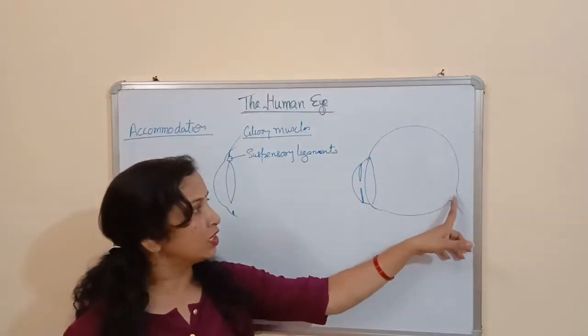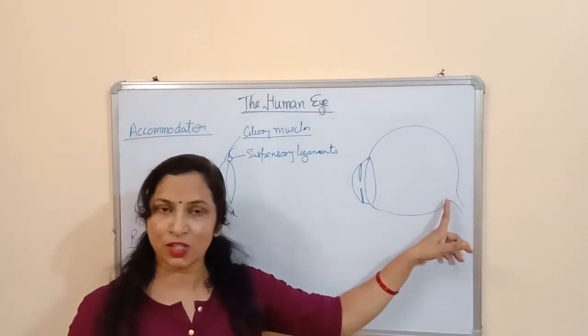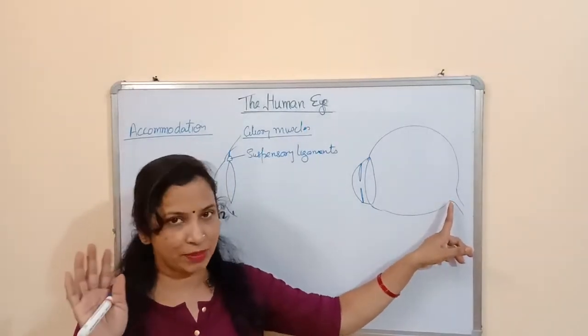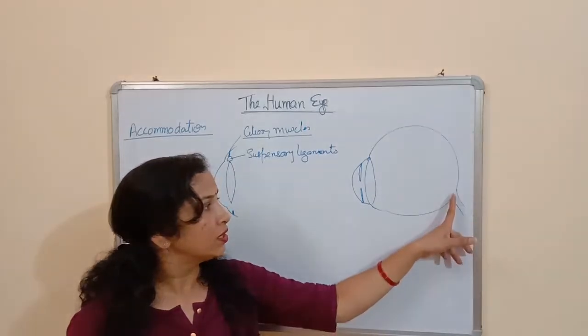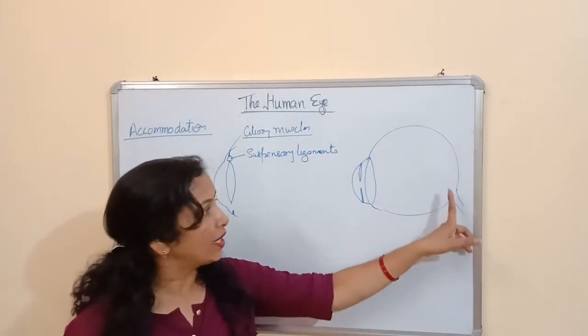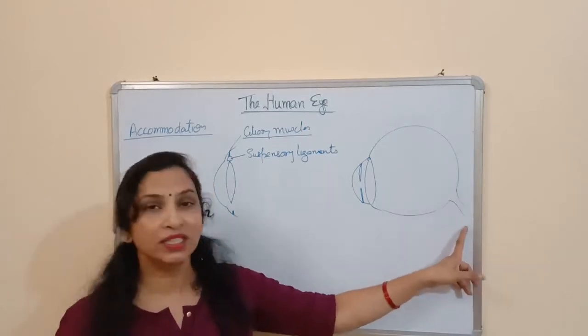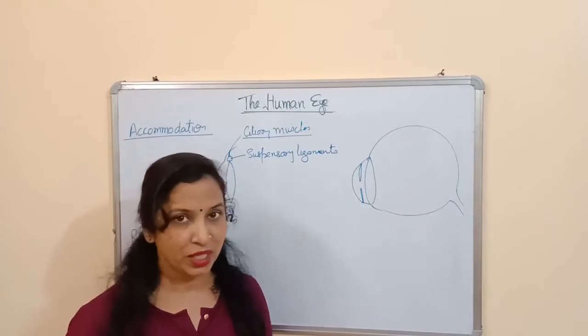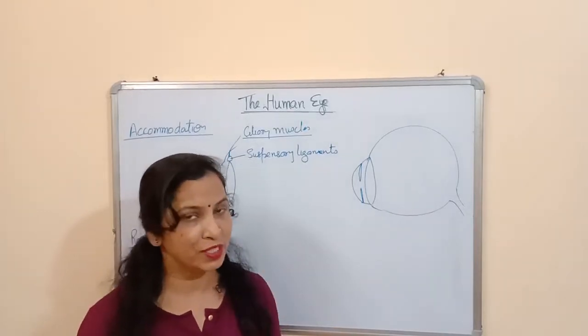And this is called the blind spot. Why is it called the blind spot? Because the image formed at this point can never be seen, because here no cone cells and rod cells are present. And here are the optic nerves, which carry the messages from the human eye to the brain, due to which we are able to see the objects.